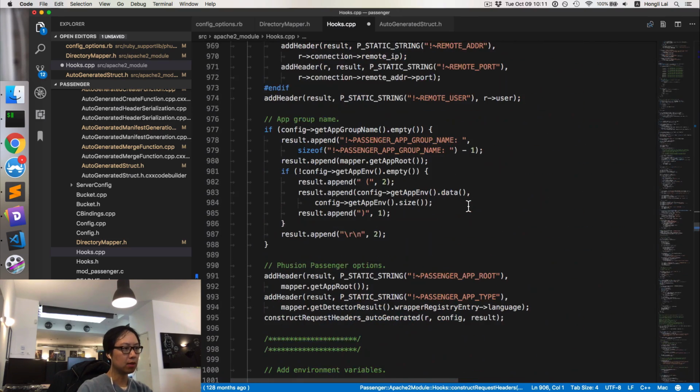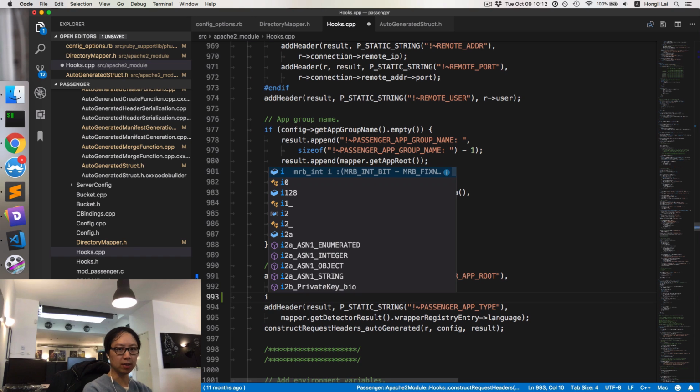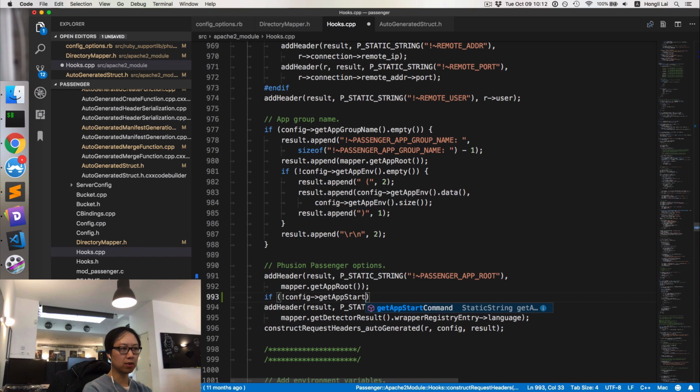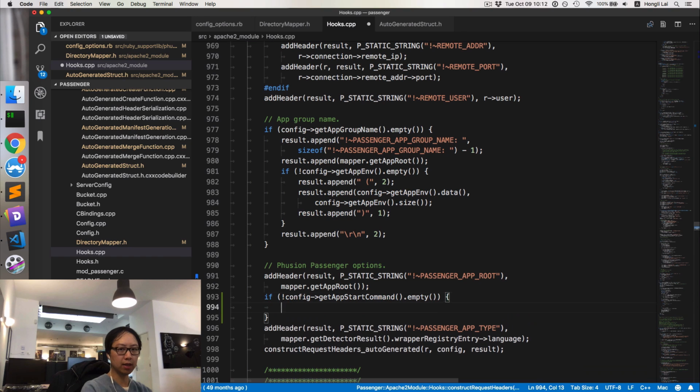Normally we tell the controller what kind of application type this is based on the auto detector result, but we don't always invoke the auto detector, and so we need to add a few if statements here. Let's see, if getAppStartCommand is not empty, so the config is set, then